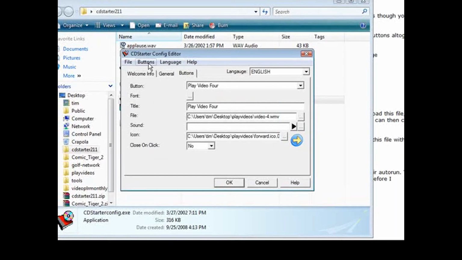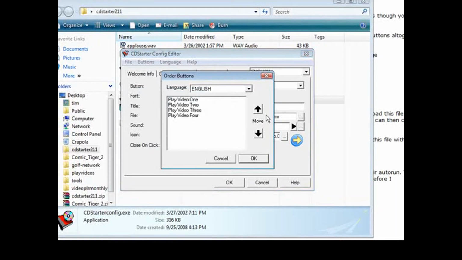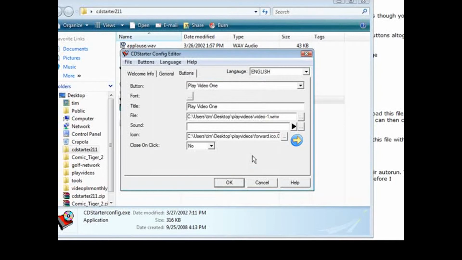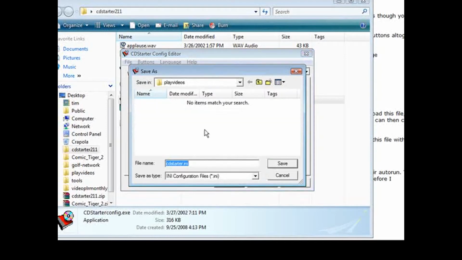Okay, so I went ahead and finished that. Now we can click on order, and video 1, 2, 3, 4. If we wanted to switch these around, we could just pick them and move them up and down. So we're okay with that. Okay, now all that's left to do is click OK, and then where we're going to save it,